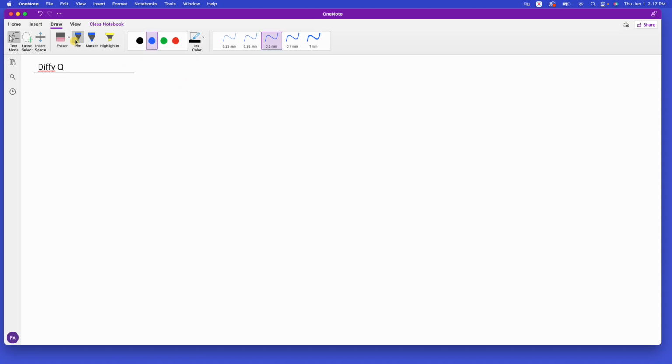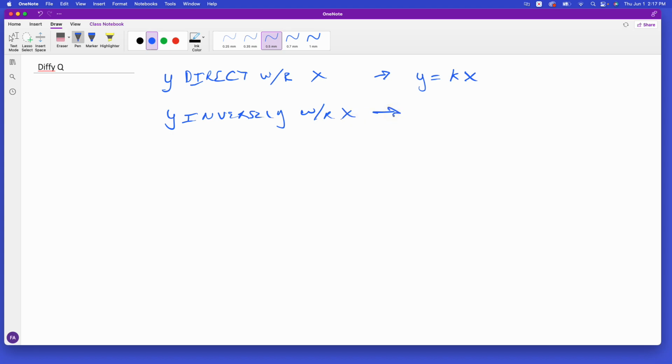something called direct variation, and this is useful when you deal with differential equations. Direct variation: if you say y directly varies with respect to x, that means that you have y is equal to some constant k times x. If you say that y varies inversely with respect to x, that means you have y is equal to k over x, where x is in your